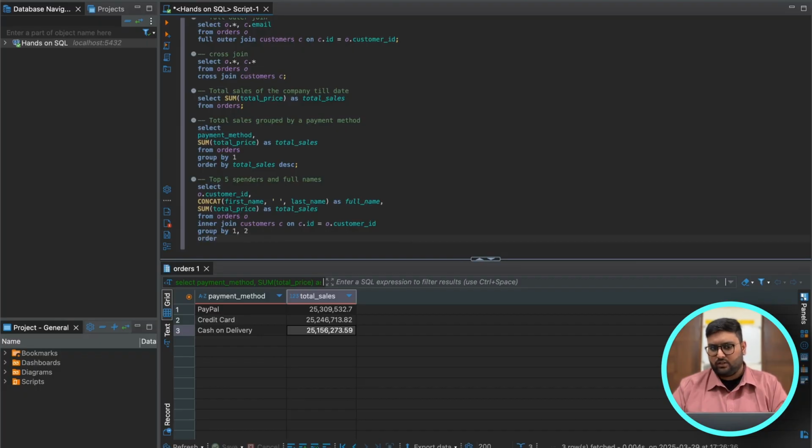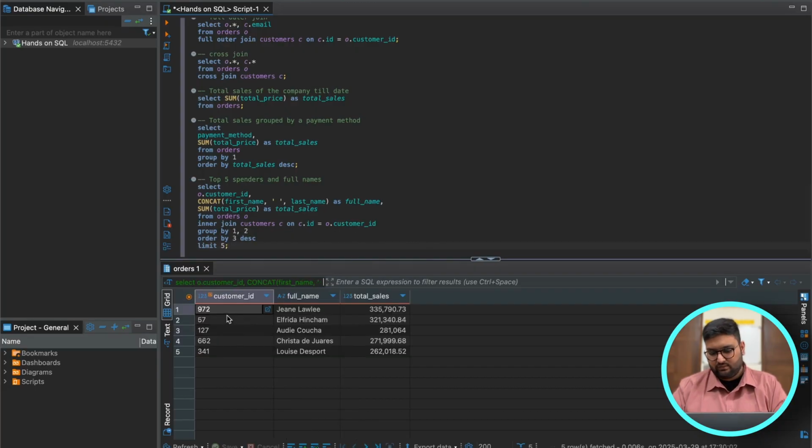And we'll also order it by 3, which is our total sales, in descending order. Now we will limit the records to 5. Why? Because we need the top 5 spenders. Now if we run this, we get all the 5 IDs which are spending the most on